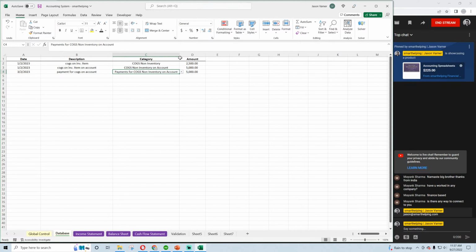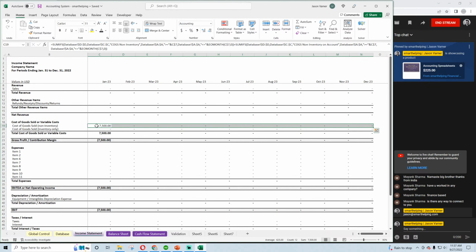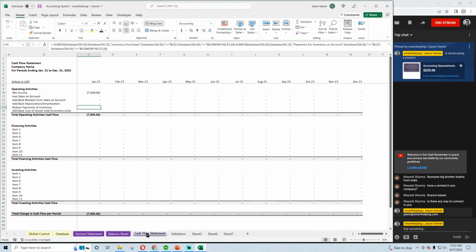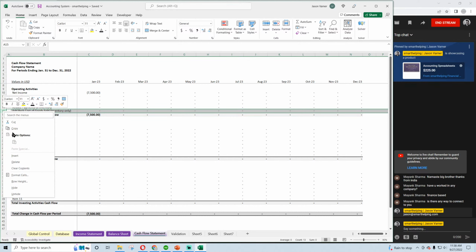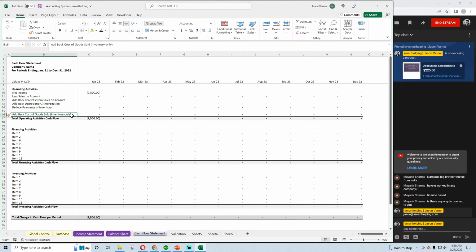payments. Now, once we're all done, we're actually going to have to re-go through every single type of transaction and make sure we have all the right accounts for that to happen. All right. So here's cost of goods sold happening. It's an expense. It hits the cash flow statement. Now the question is, we actually have to add back, where do we want to put this? Right here. We have to add back,